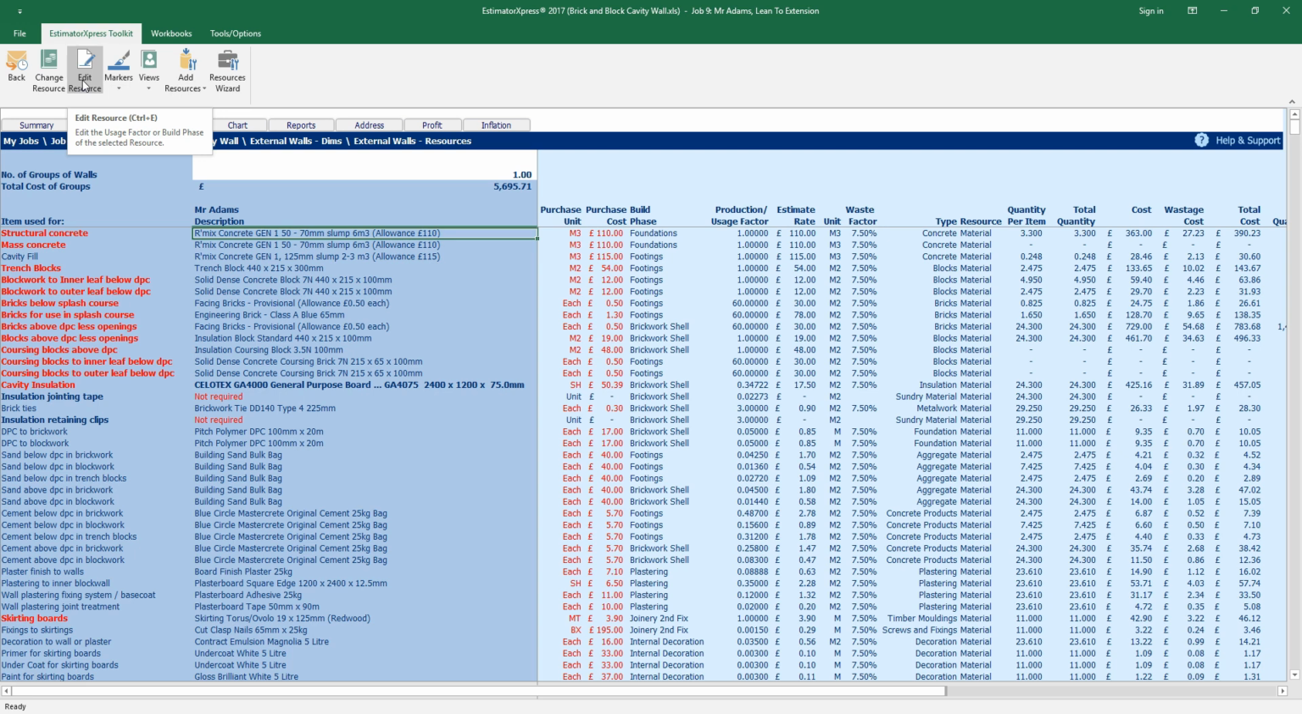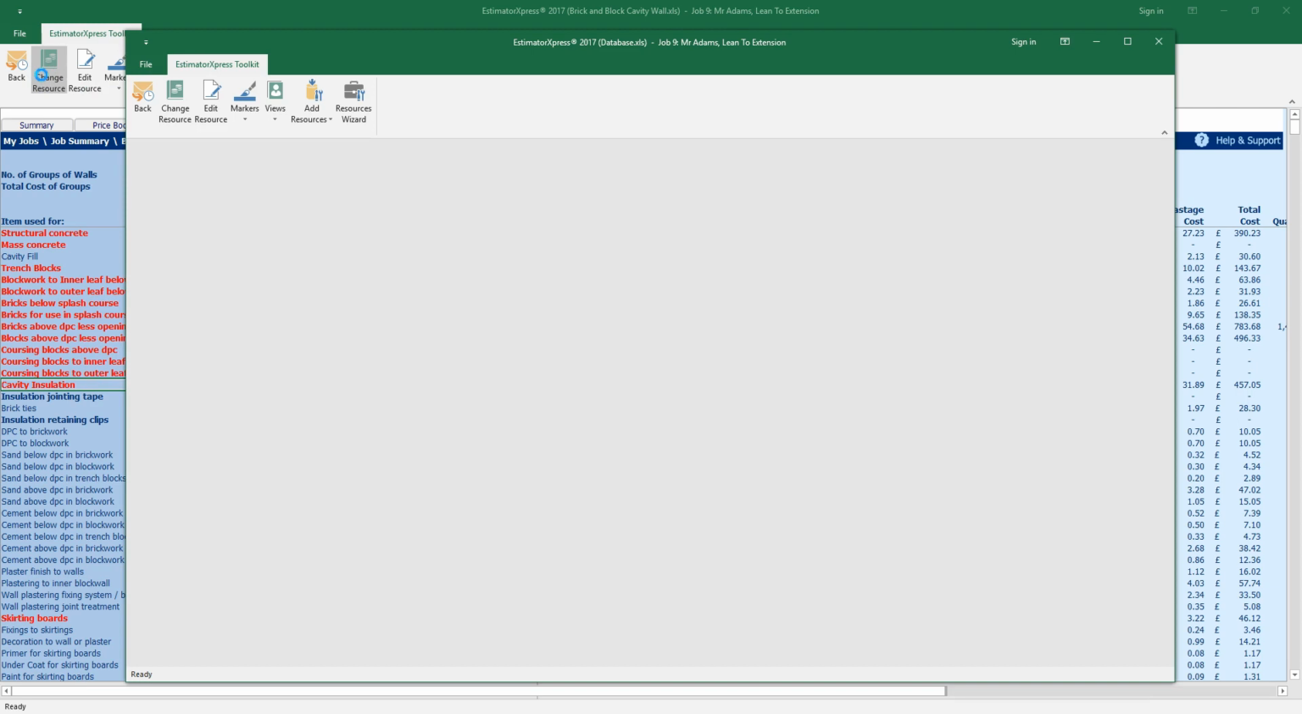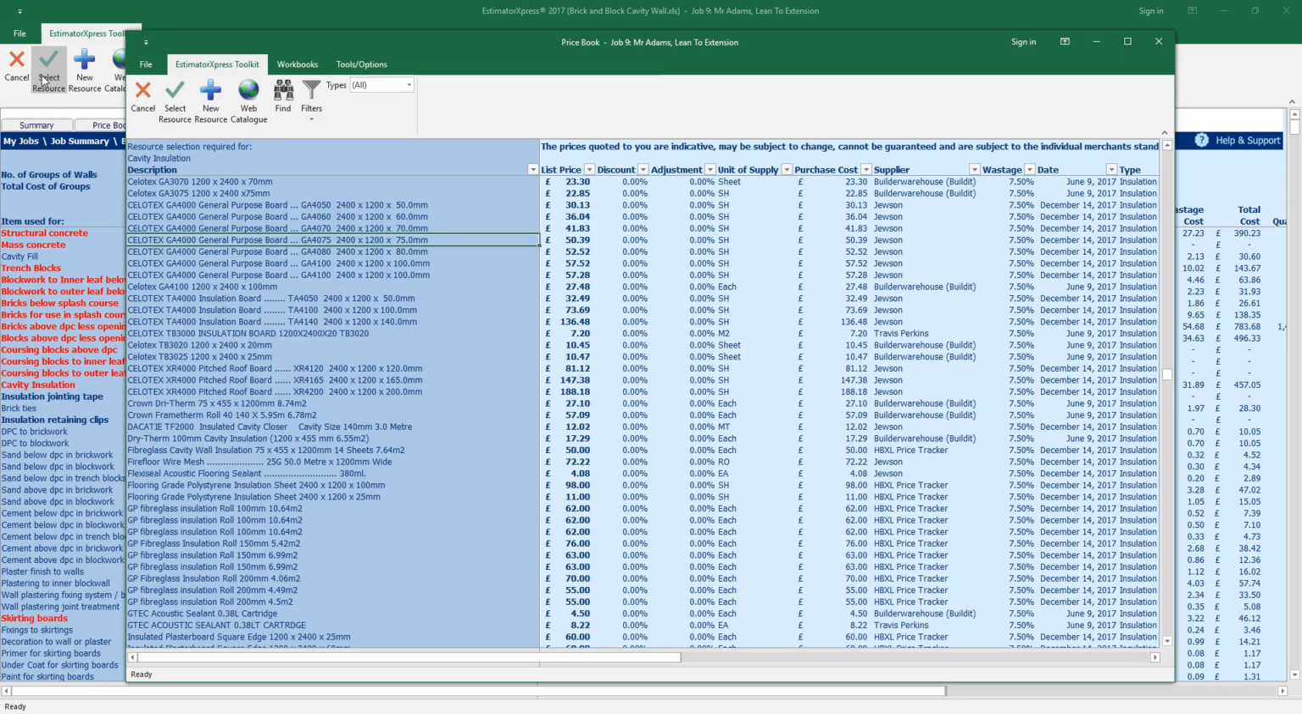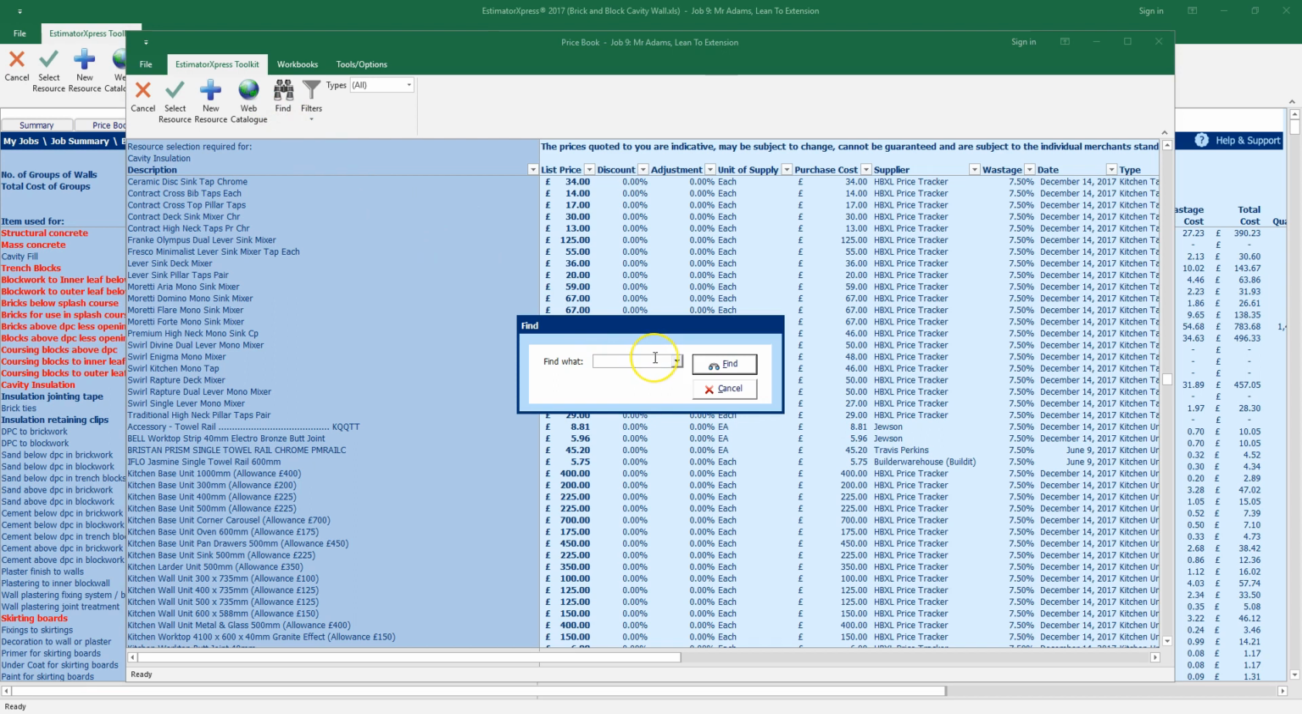So for a quick bit of practice, we're going to change the insulation material. So if you look down the list to find the cavity insulation, and then we're going to click the Change Resource button. So we're going to go through changing a resource from the View Resources Output screen. So the price book will open up and we're going to scroll down and locate the polyisocyanurate resource. If you scroll down too far like I have, we can use the Find button to locate the resource